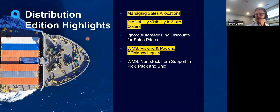Distribution enhancements. There are several distribution enhancements, and I am, again, not getting into all of them, but I've highlighted three of them here that we'll speak to specifically and get into in a little more detail. So sales allocations, profitability visibility on sales orders, and some WMS, or warehouse management, picking and packing enhancements. Okay, so